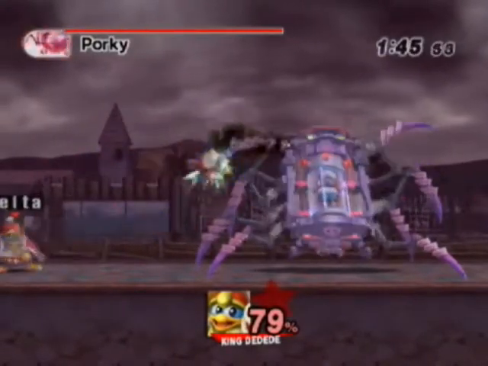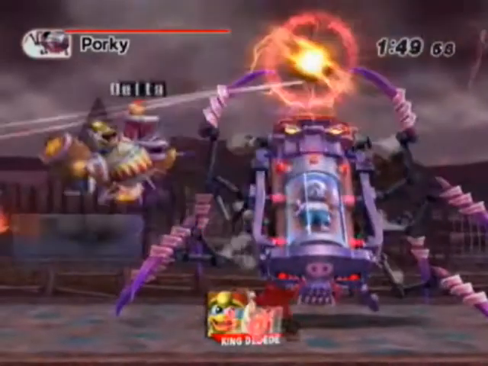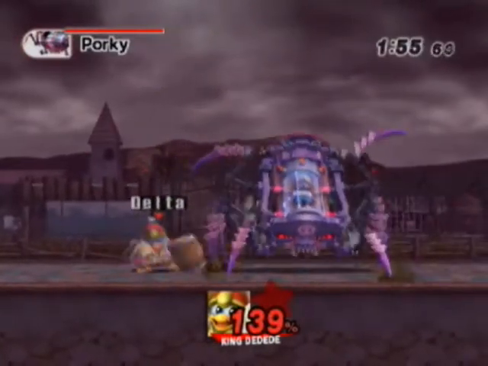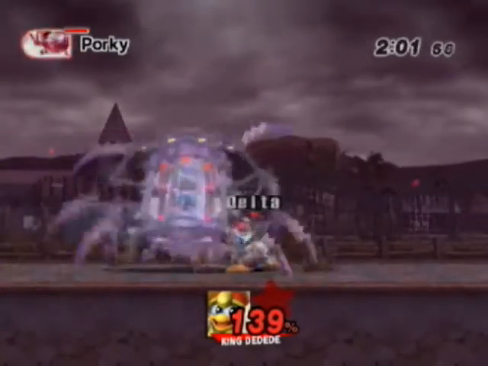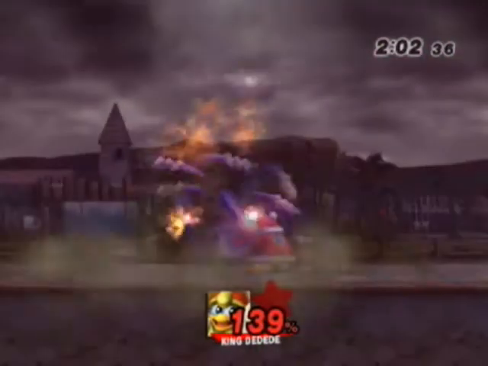even with the projectile advantage, that some characters don't have projectile and he does. The projectiles really didn't help. If I'd been getting Gordos every single time, I'm sure they probably would have, but that was not the case. Well, that Waddle Dee got sent flying. Yeah, that was the point where I started having to play very carefully because I was at such a high